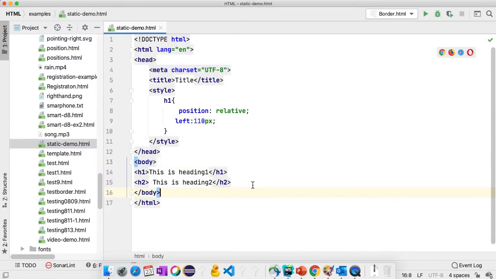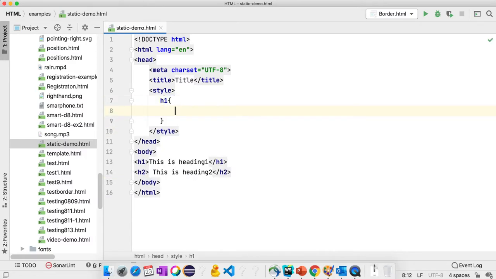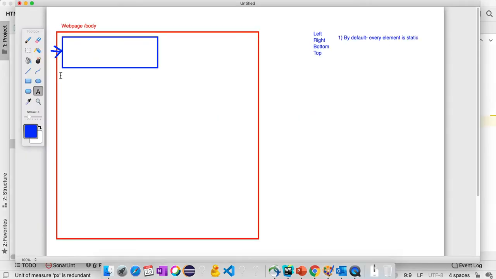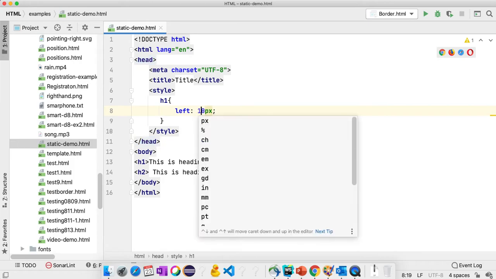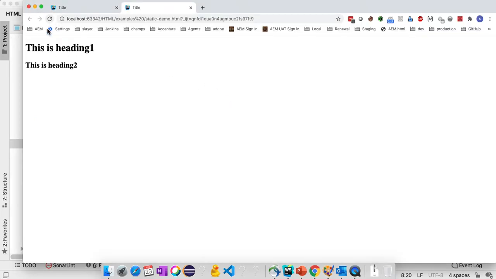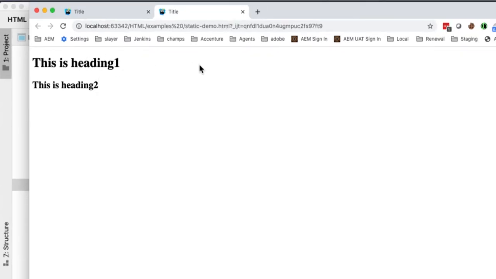Let's say I'm writing h1 and h2, and for h1 I use a property like left 0 pixels, or maybe 100 pixels from the left side. I want to place this element 100 pixels from the left, but it doesn't apply.